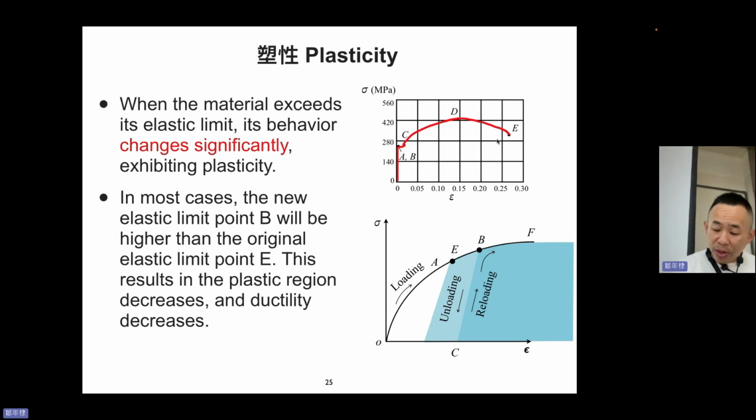Anyway, when the material exceeds its elastic limit, the behavior changes dramatically. It's called the plasticity region. And in most cases, the new elastic limit point B will be higher than the original one. I explained this on the previous page. I said loading, unloading, loading, unloading, loading, unloading. But after